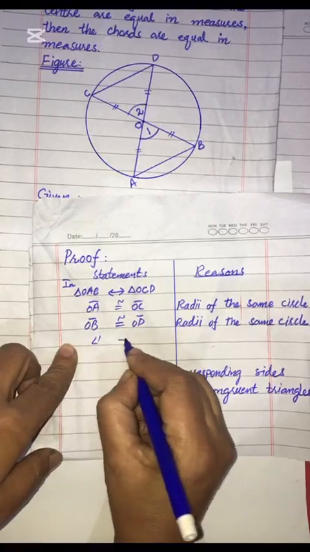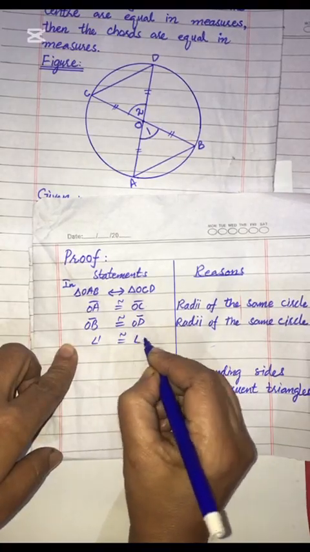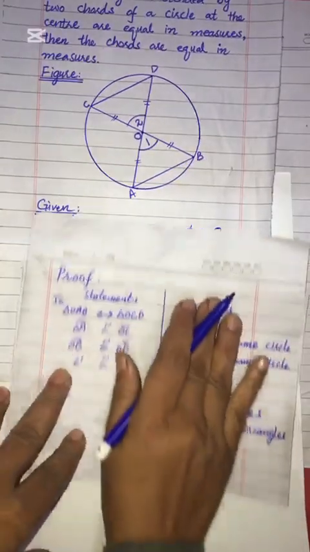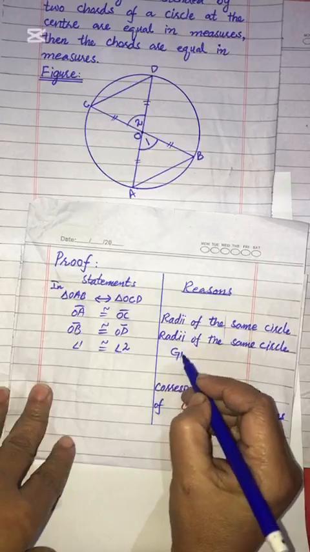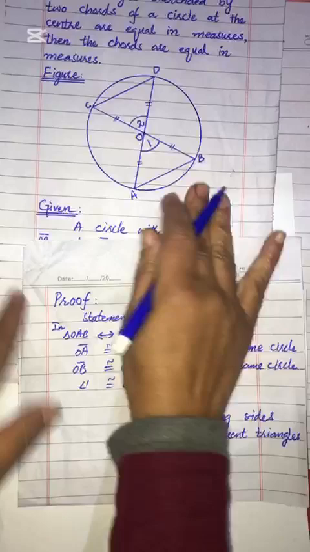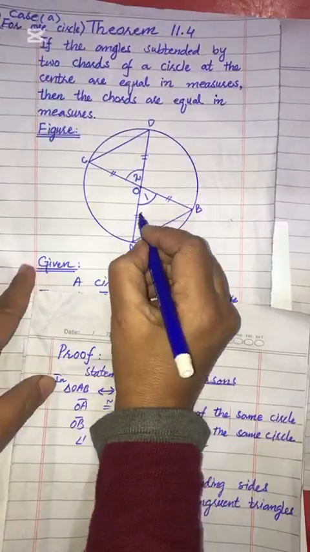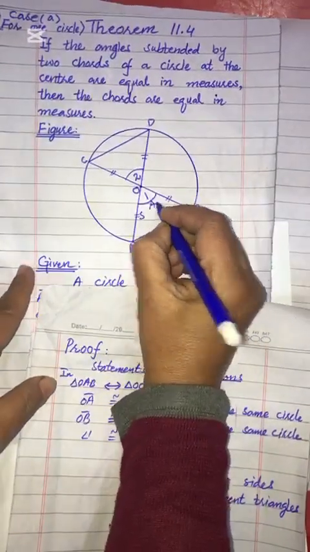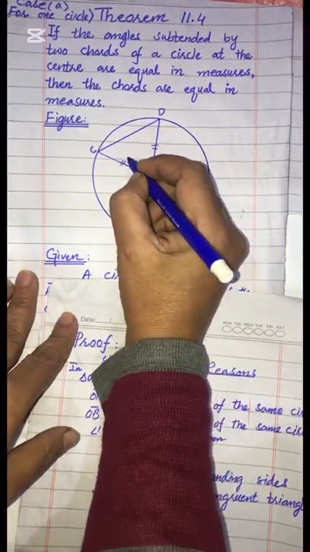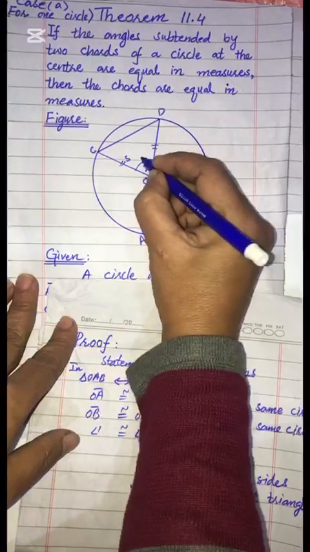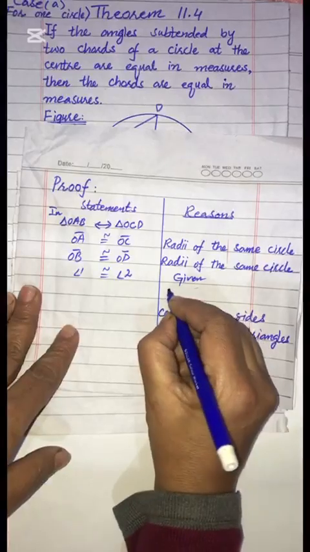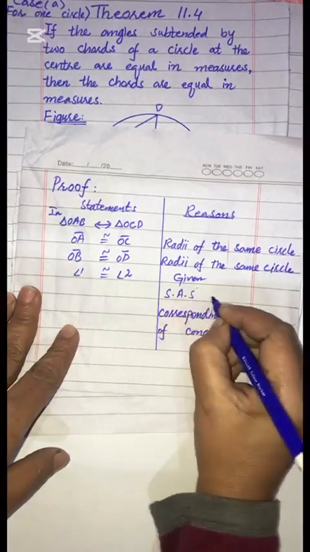Angle 1 is congruent to angle 2. Why? Because this is given. So we have to write over here given. So according to this, we are having this side, angle and side, and in this triangle we also have to compare the side, angle and side. So according to the postulate side, angle, side,